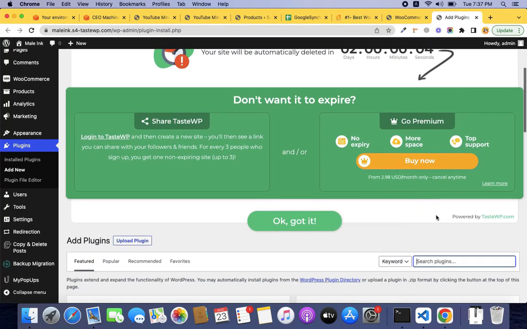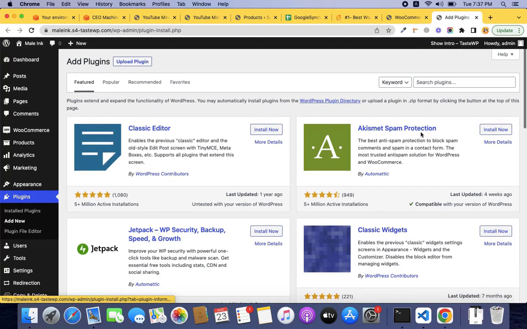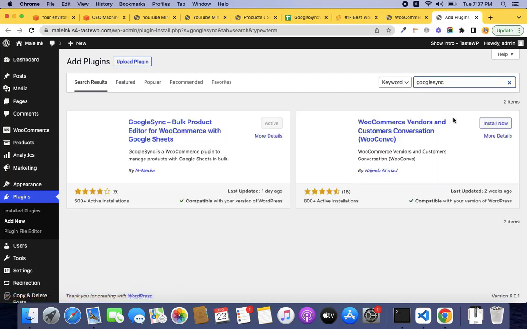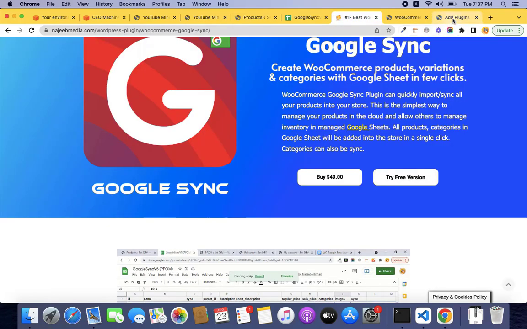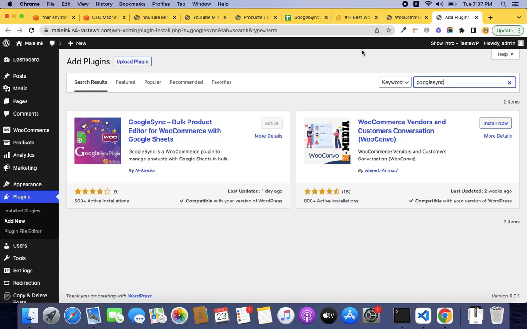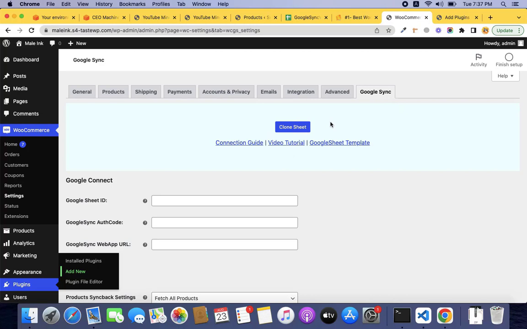Let me close this and type GoogleSync. And you should see our GoogleSync plugin here. You can just install it, and then you can upgrade to our pro version after the free version. Of course, you will love it. Once you install, you can then navigate to settings, and first of all we need to connect or create